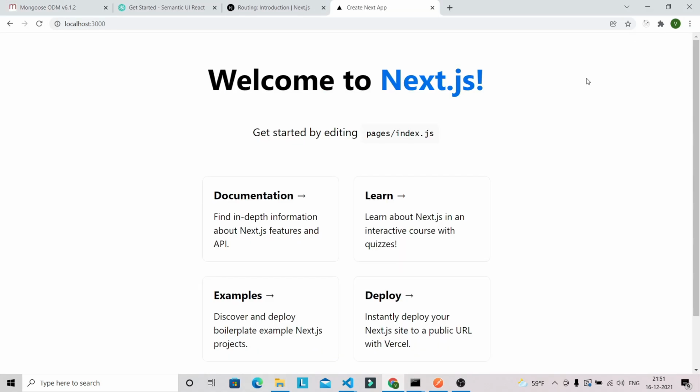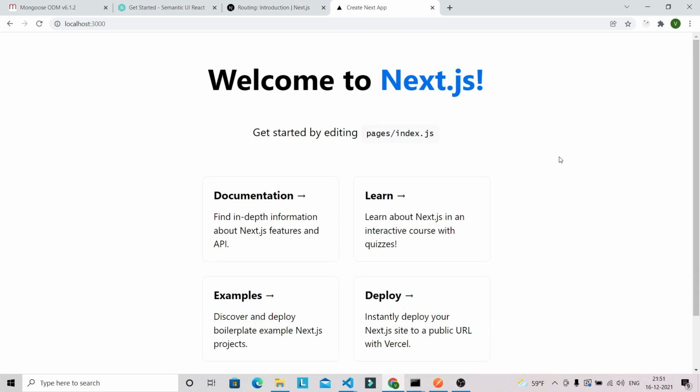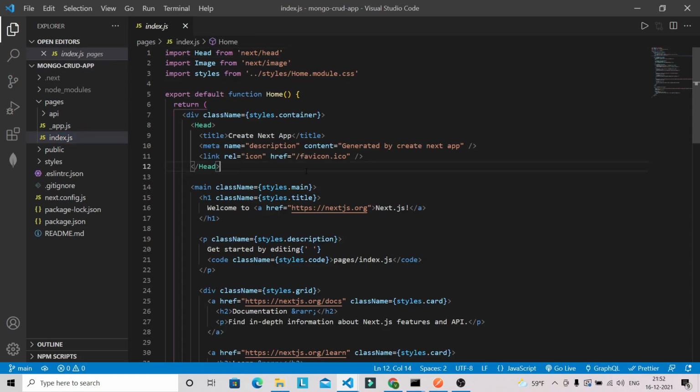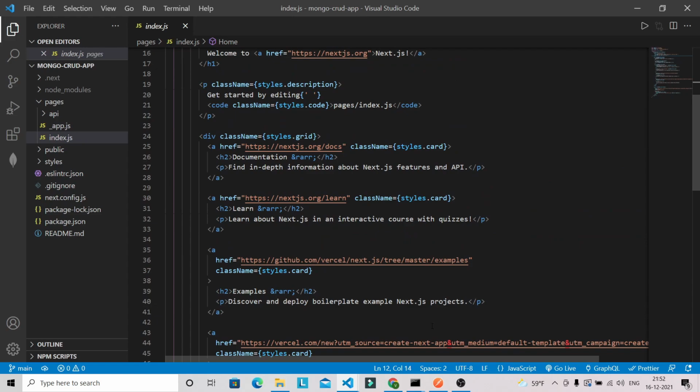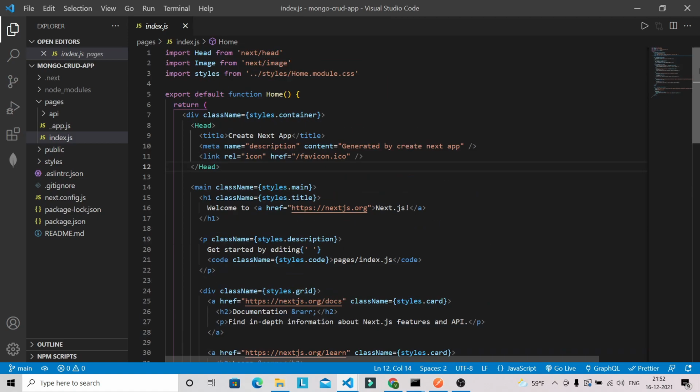So as you can see that our Next.js project is successfully loaded into the browser, and we have got some boilerplate content from Next.js. And whatever content you are seeing here is basically written here. If I go back into my VS Code, you can see that we have a pages folder, and whatever we have inside this index.js file is all the content that is showing in my browser. Okay, so this is the same content that is written over here in the index.js file.